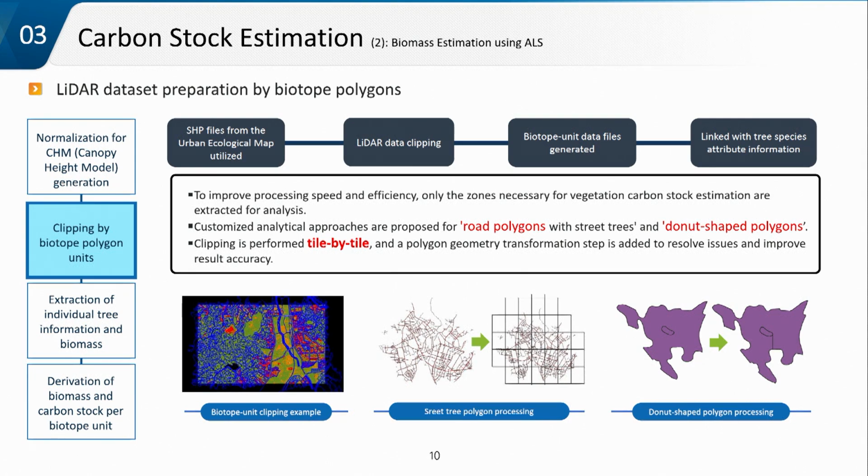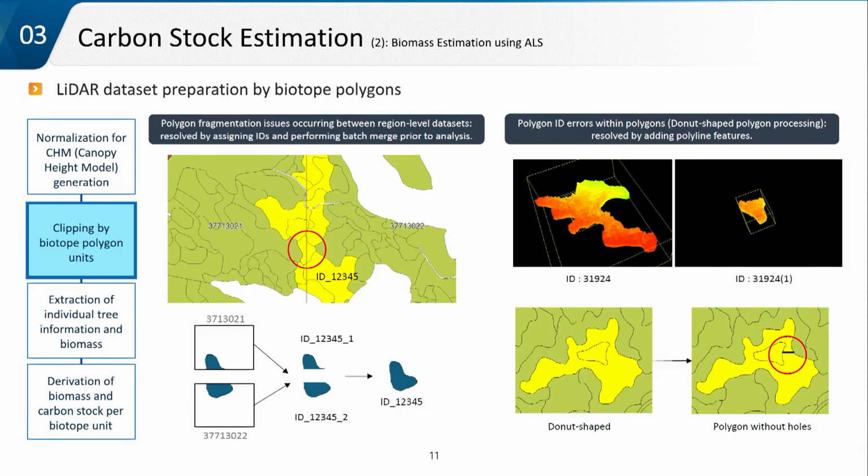A lot of the linear polygons in here, like rows, were across the frames. And many polygons were located across the frame borders. So we had to evaluate those attributes and decide how to aggregate them into one polygon across the borders. And there are many donuts, the polygon within a polygon, which requires additional processing beyond the normal clipping.